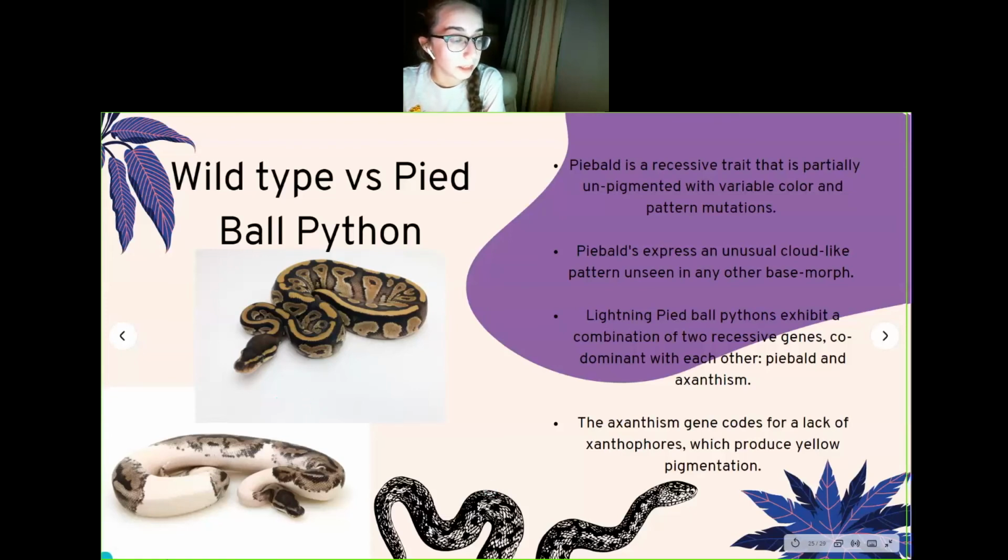And that gives the lightning pied ball python more of a pastel color, which is really cool in the pet trade because it gives him a unique color. Something that's really important to note here about our morphs is that usually morphs would not stand a chance in the wild. These guys are only found in captivity, and the reason for that is that with these unique and obviously flashy colors, these guys would make great prey in the wild, and they would not survive long enough to reproduce in the wild, but that does make them very cool pets and very desirable